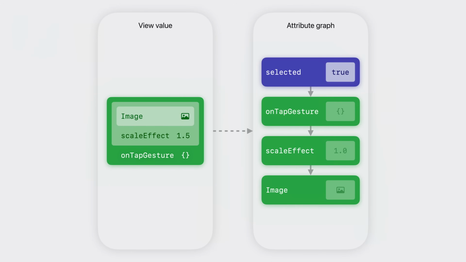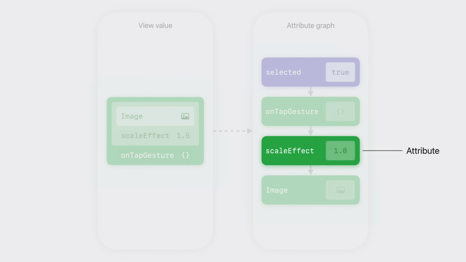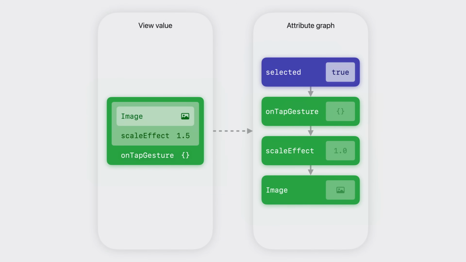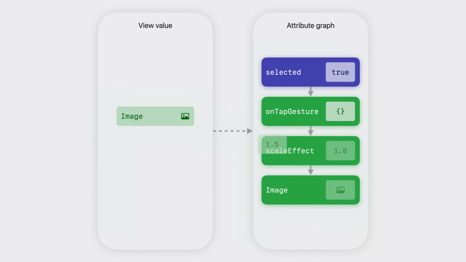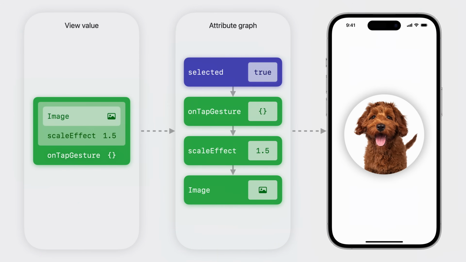Behind the scenes, SwiftUI maintains a long-lived dependency graph that manages the lifetime of views and their data. Each node in this graph, called an attribute, maps to a fine-grained piece of the UI. When the selected state changed to true, the value of each of these downstream attributes became stale. They're refreshed by unwrapping the new view value one layer at a time. Once the corresponding graph attributes have been updated, the view's body value is discarded. Finally, the graph emits drawing commands on your behalf to update the rendering.